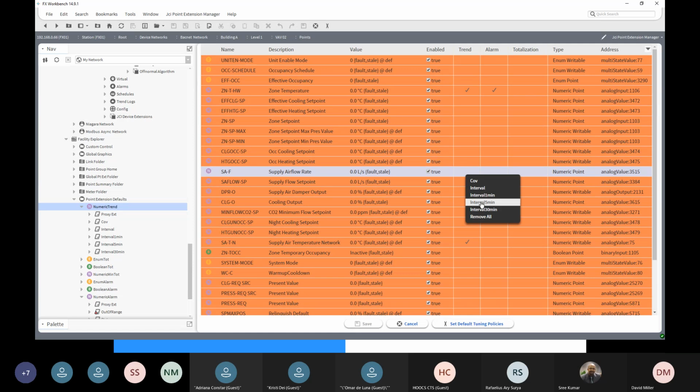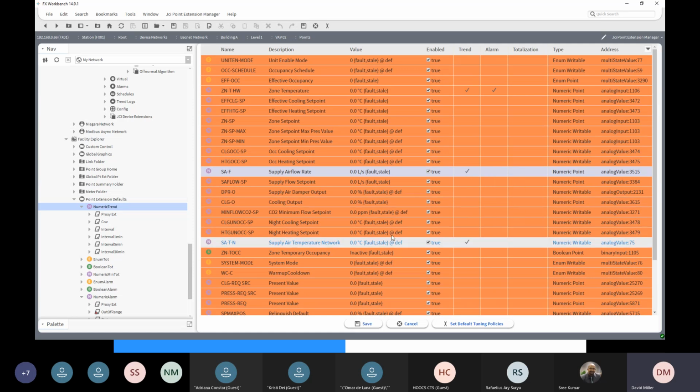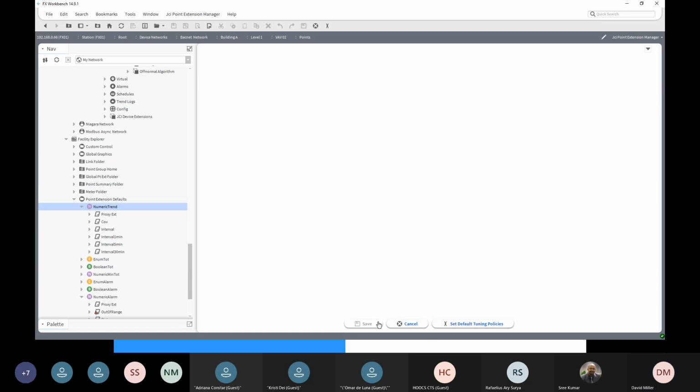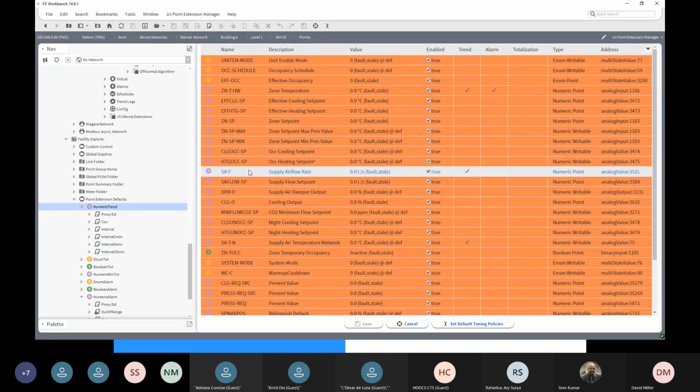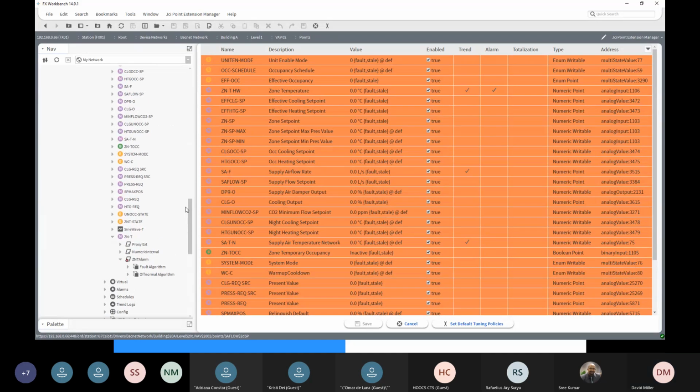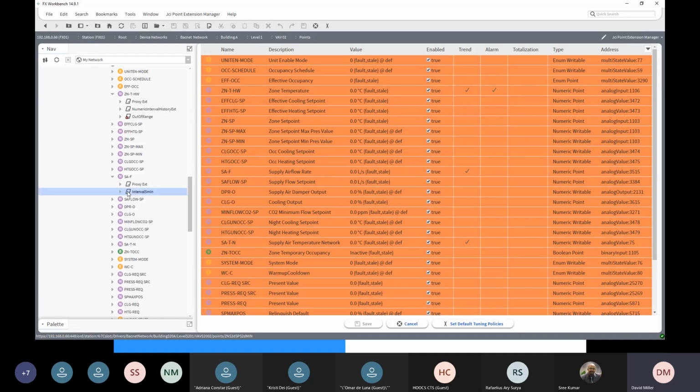Okay, so if I choose 5 minutes and save it, there's my 5 minute interval set up. If I look at that point, we're on VAV number 2, supply air fan, interval 5 minutes